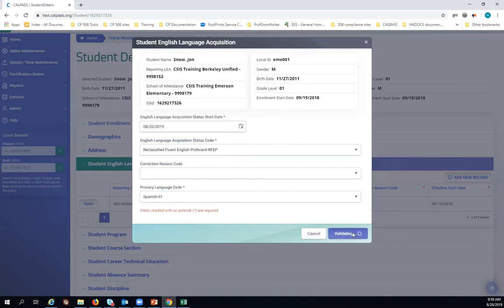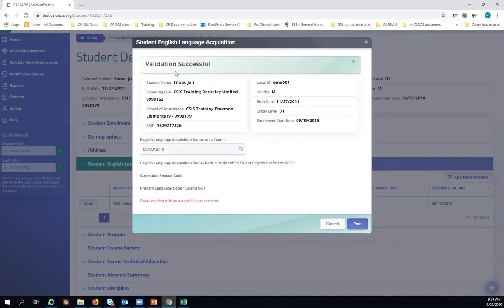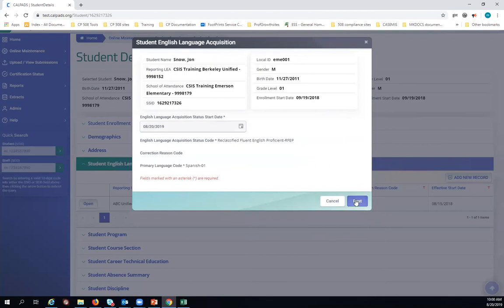We validate, and you should see a validation successful if all of the information you've indicated does not cause any errors or are validated and is proven to have followed the right rules in CalPADS. So let's X out of that validation message and you click on post,